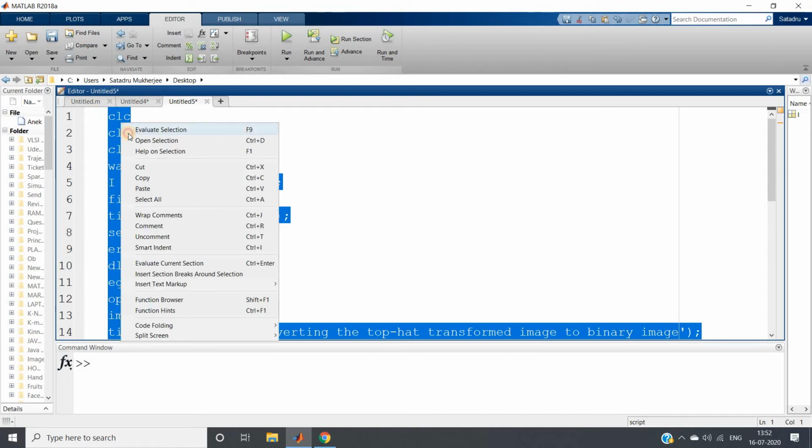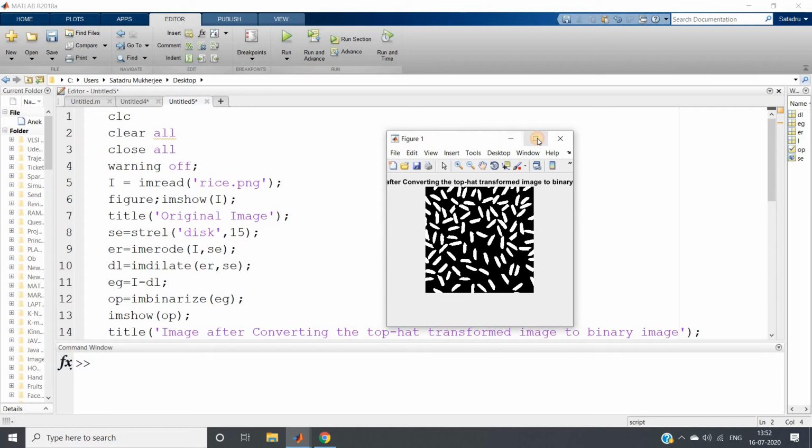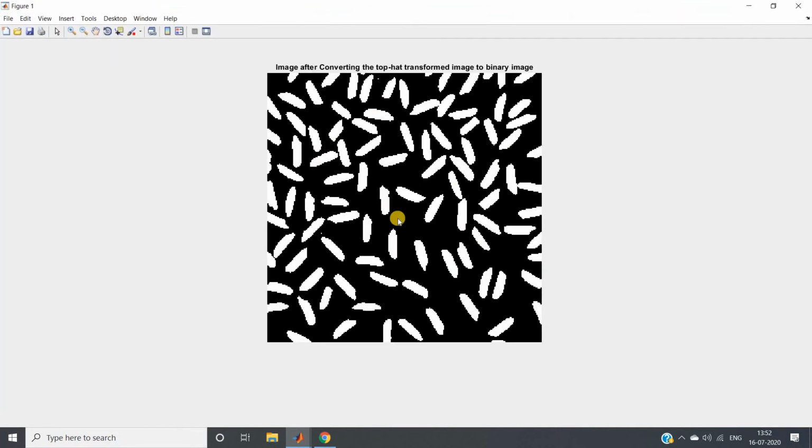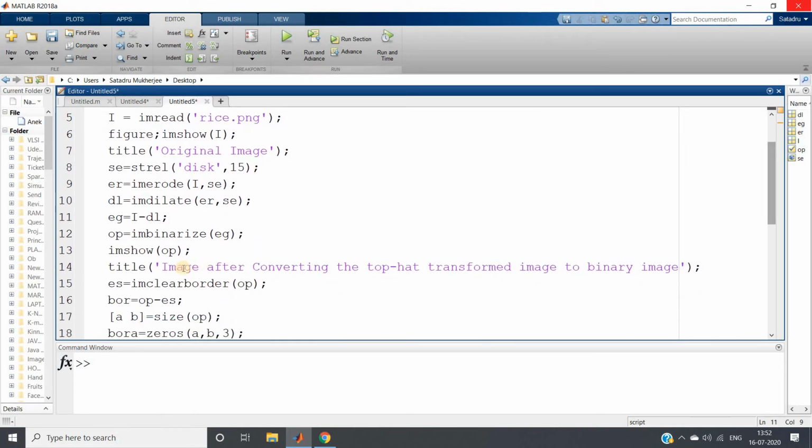If I select this particular part and show you the output, you will get this output where all the rice particles are beautifully thresholded. All are visible. Now our main part comes, that is segmentation. So for segmentation, what can we do? First, take those objects which are not connected with the border. So imclearborder is this one, right? That is the thresholded image.